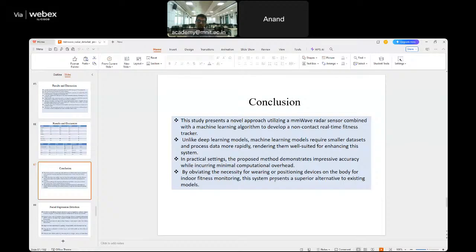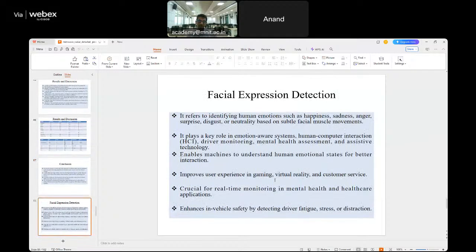So whether it is indoor monitoring or outdoor monitoring, that works very well. Now, this is a work which we are going to focus upon in the near future. This is facial expression detection. Even my base work, my thesis work, is on facial expression, but that is using images. When you have the image,